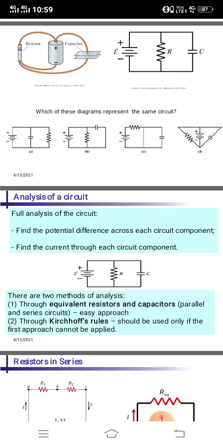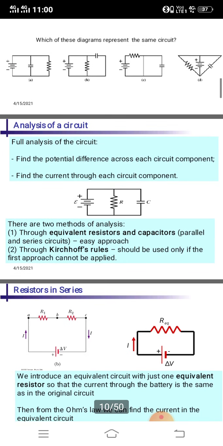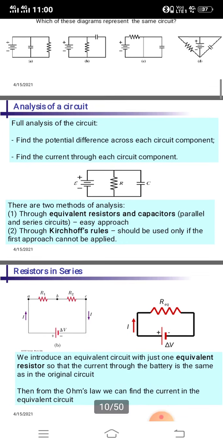According to that explanation, we have to calculate the potential difference of elements, then the rules of resistors connected in series, the rules of resistors connected in parallel, as well as capacitors. The final rule is Kirchhoff's rules. These four categories are very important to analyze the electrical circuit. Okay, let us see the resistor in series.